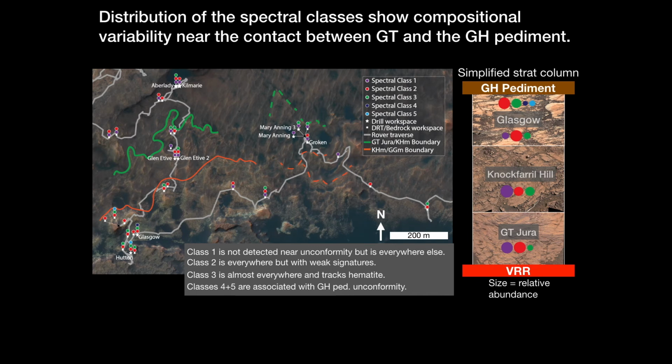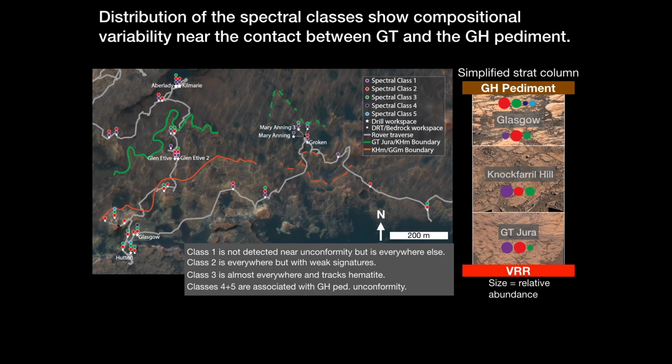So class 1, in purple, is not detected near the unconformity, but it is everywhere else. Class 2 is found everywhere, but has weak spectral signatures. Class 3 is almost everywhere and actually tracks hematite rather than the iron magnesium smectites that we had originally thought. And classes 4 and 5 are associated with the Greenheugh pediment unconformity, which is down in the bottom left